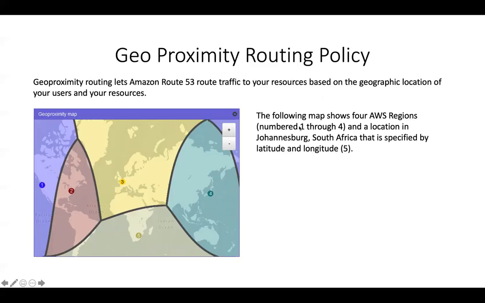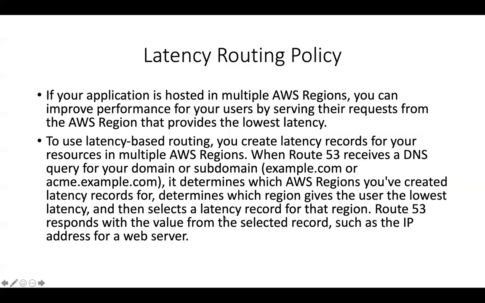So you can see over here that we have numbered the regions 1 to 4, and then there is a separate location over here in Africa, right? So now what happens is the users within this region end up only viewing the content that is being served from that respective region, right? And the users in these regions end up looking at the content that is served only from that region. So in that way, you get more control over how you would like to route your traffic based on the location of your users and obviously the location of your resources, right?